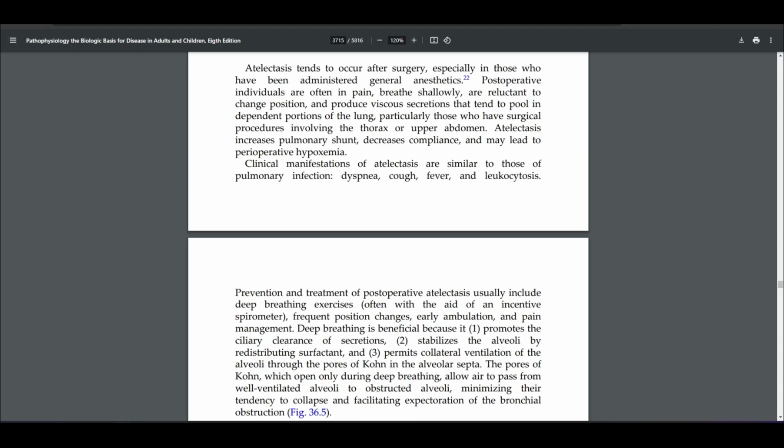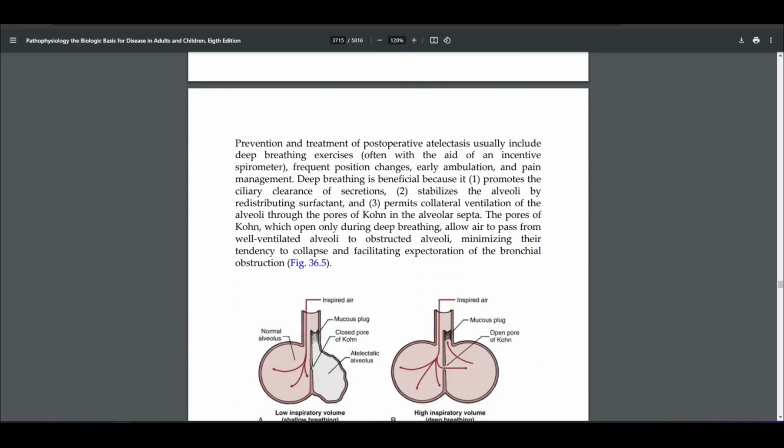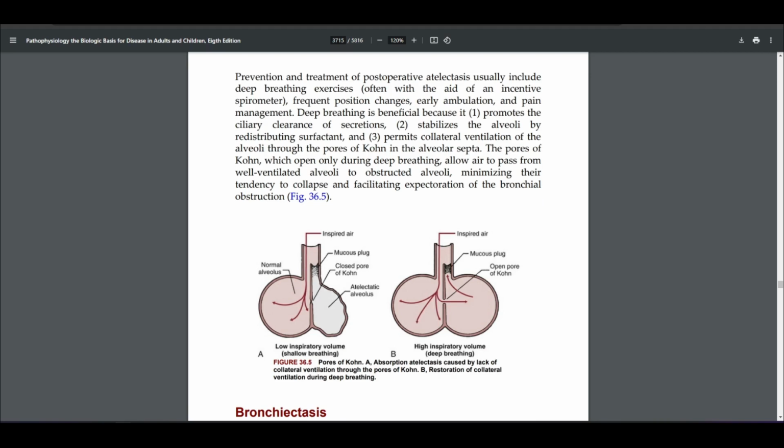Clinical manifestations of atelectasis are similar to those of pulmonary infection: dyspnea, cough, fever, and leukocytosis. Prevention and treatment of postoperative atelectasis usually include deep breathing exercises, frequent position changes, early ambulation, and pain management. Deep breathing is beneficial because it promotes the ciliary clearance of secretions, stabilizes the alveoli by redistributing surfactant, and permits